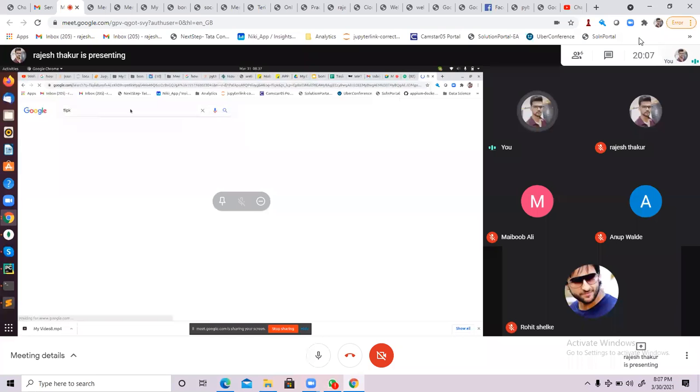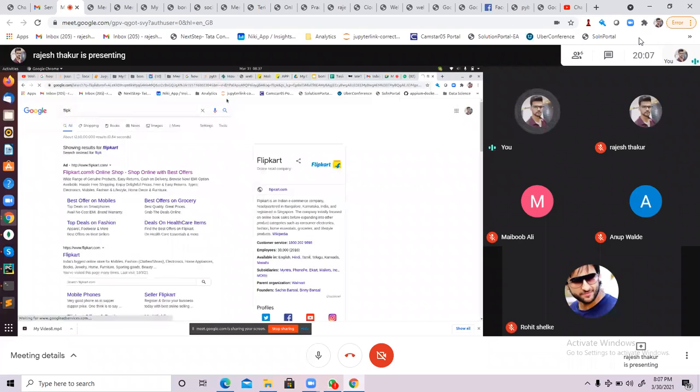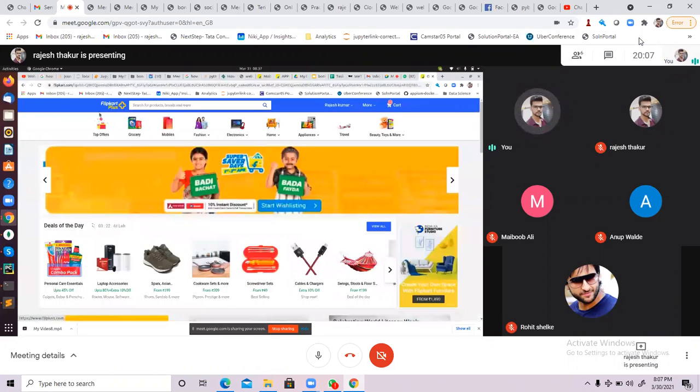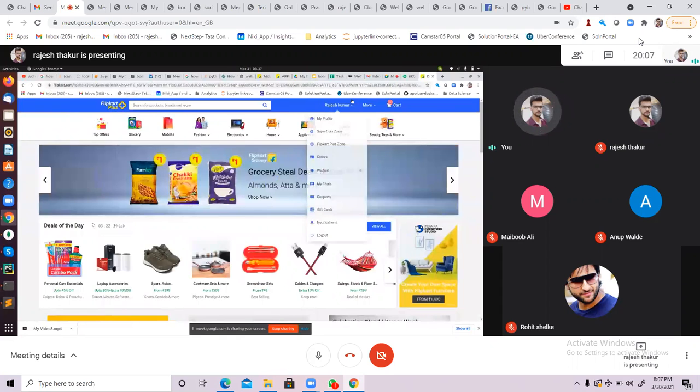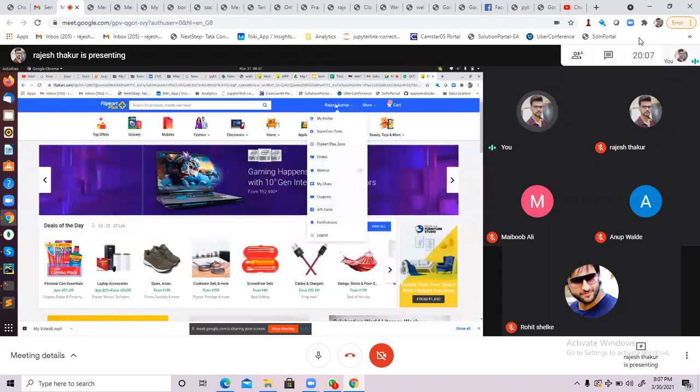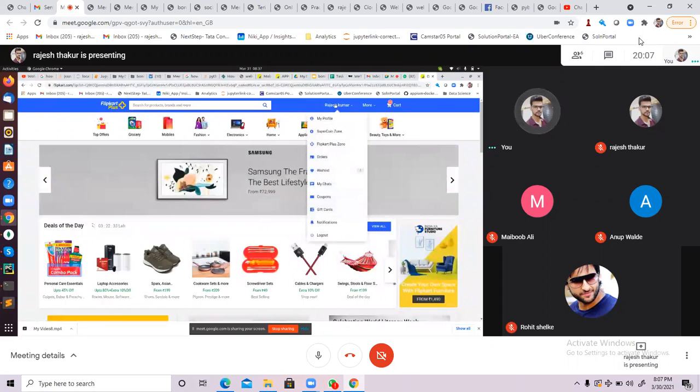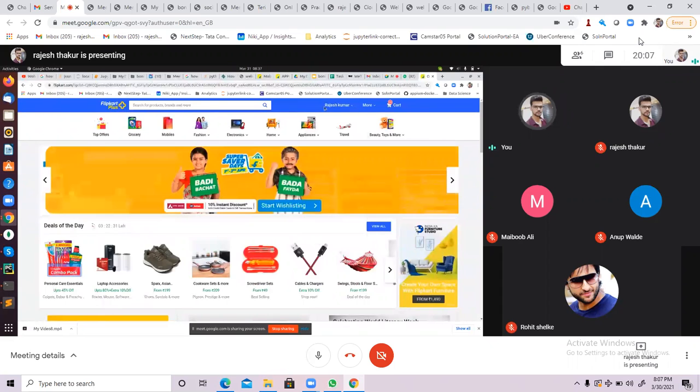So if you can, go to the Flipkart website. I want to identify this element with the help of the text function. Yes, you can identify it. Now the question is, people used to ask, sir, when should I identify the element with the text function and when should I identify the element with the help of an attribute.